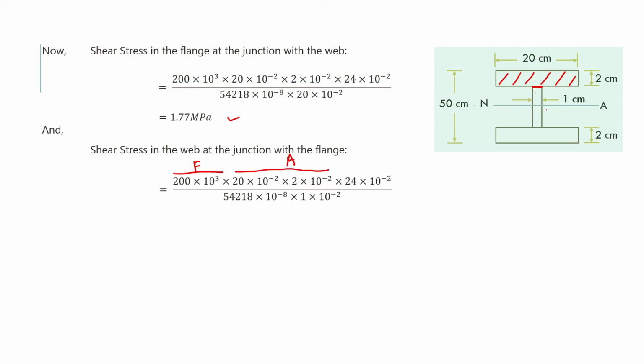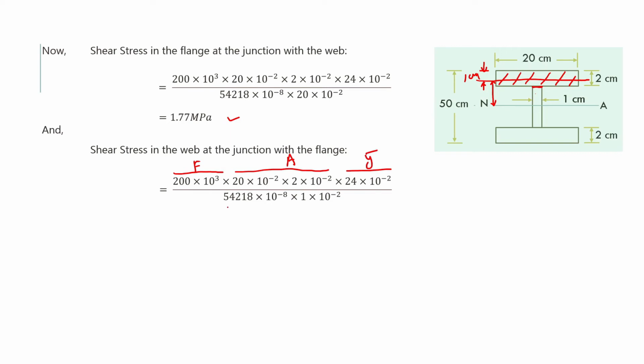And now y bar. Y bar means again जो हमने area consider किया है उसका हम centroidal axis निकालेंगे. So this will be at the mid of the 2 centimeter, means from here to here the distance is 1 centimeter. Means इस centroidal axis से neutral axis का जो distance होगा that will be equal to obviously 25 minus 1 means 24 into 10 to the power of minus 2 meter. So this is y bar.